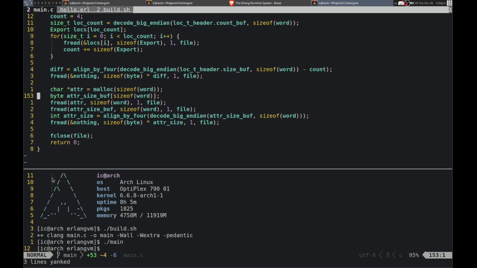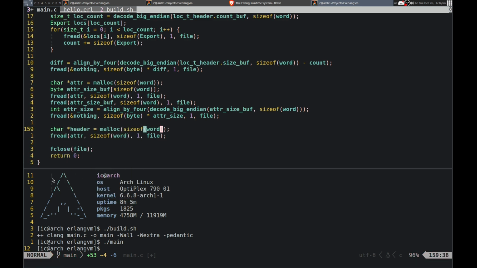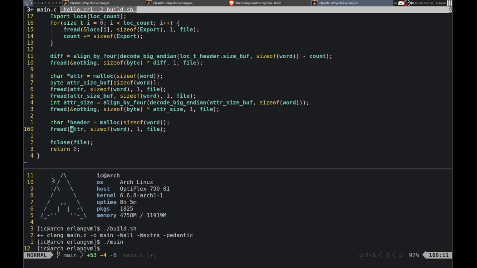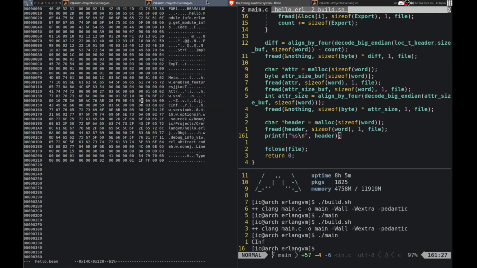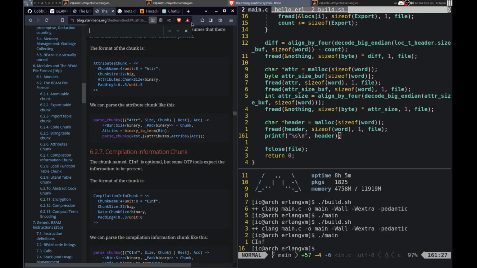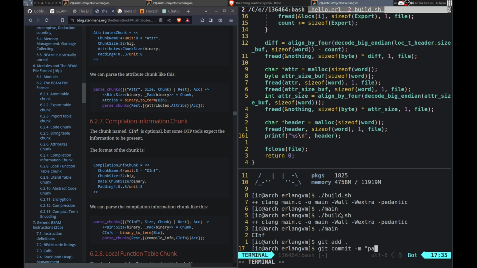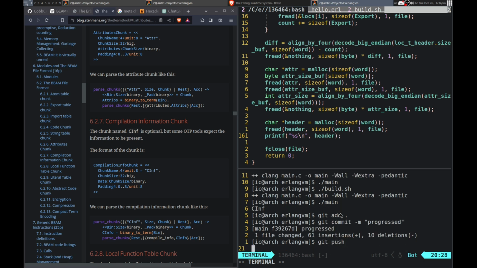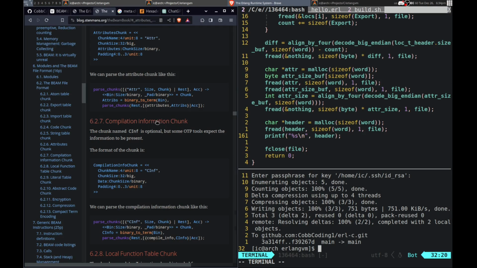So this will just be header. Read it into header. 29. Let's see. Alright, sync. So what is that? So maybe system information. Let's see. So compilation information. Alright, that makes more sense. Alright, let me actually print it. Progress. Not a very good message, but that's okay. Alright. Making some progress. So, whoops.